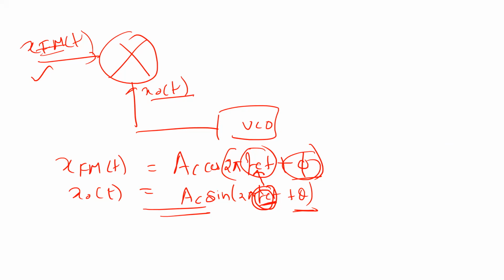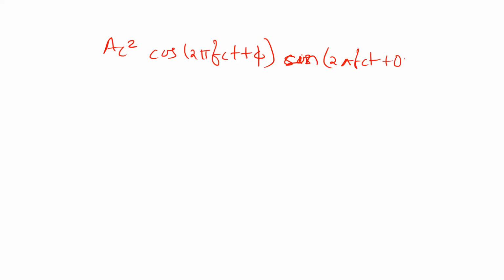Now let's try to do some mathematical operations. It's a multiplication, right? So it will be A_C squared cos(2π f_c t + φ) and sin(2π f_c t + θ). Correct? If I multiply,